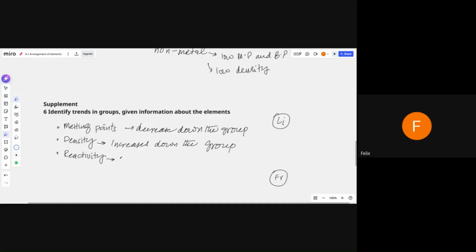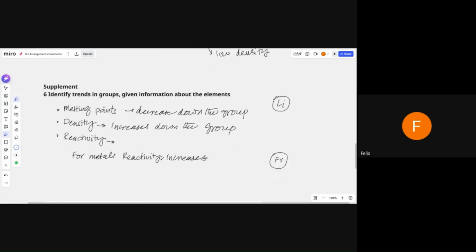And reactivity for metals. Remember that for metals, reactivity increases down the group because they can lose electrons more easily, and metals react by losing electrons. For metals, reactivity increases, and for the non-metals, reactivity decreases, right? If you keep this in mind, you will be able to answer